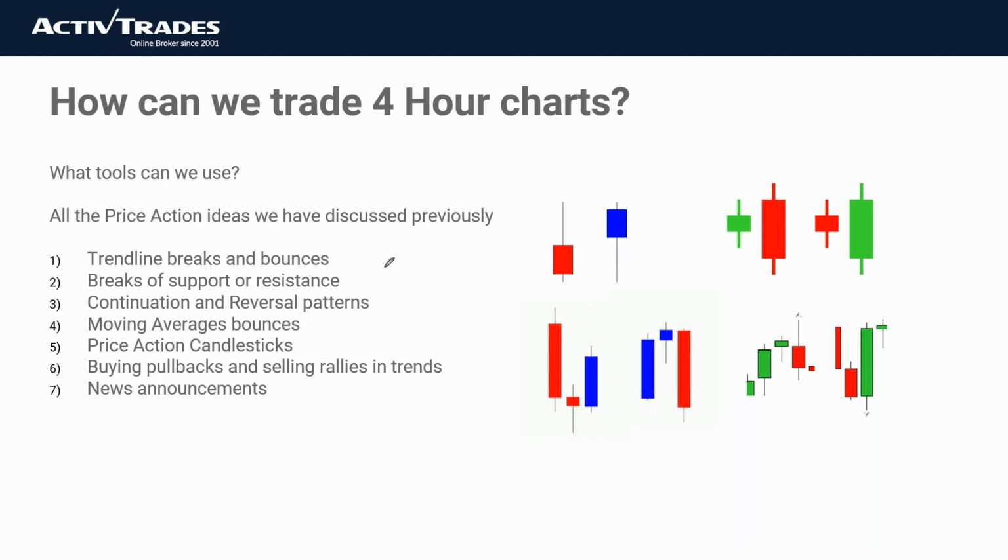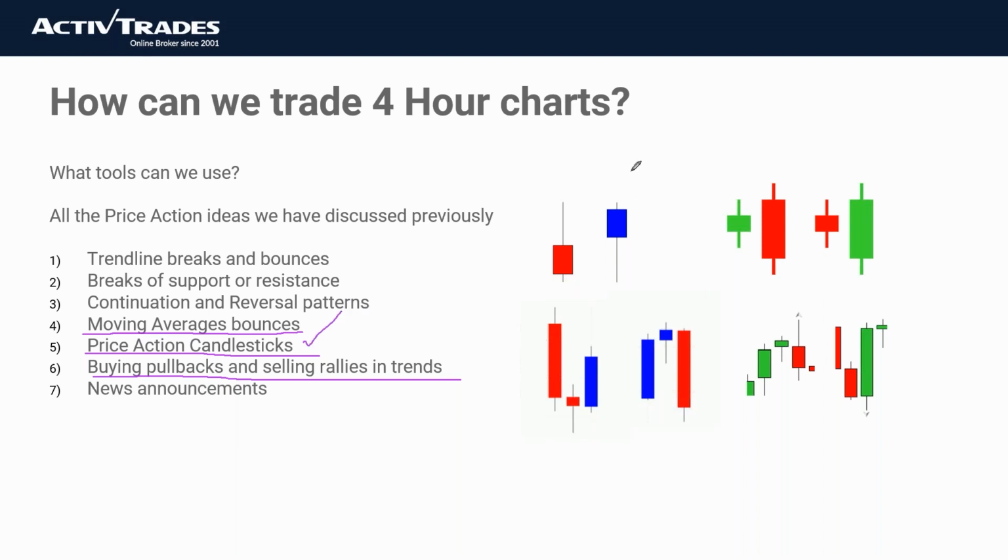In particular for new traders, I'm going to share one or two ideas about that. Things like moving average bounces, price action candlesticks, and effectively buying pullbacks and selling rallies and trends. In themselves, you could just trade 4-hour charts basing around those particular concepts, and in particular